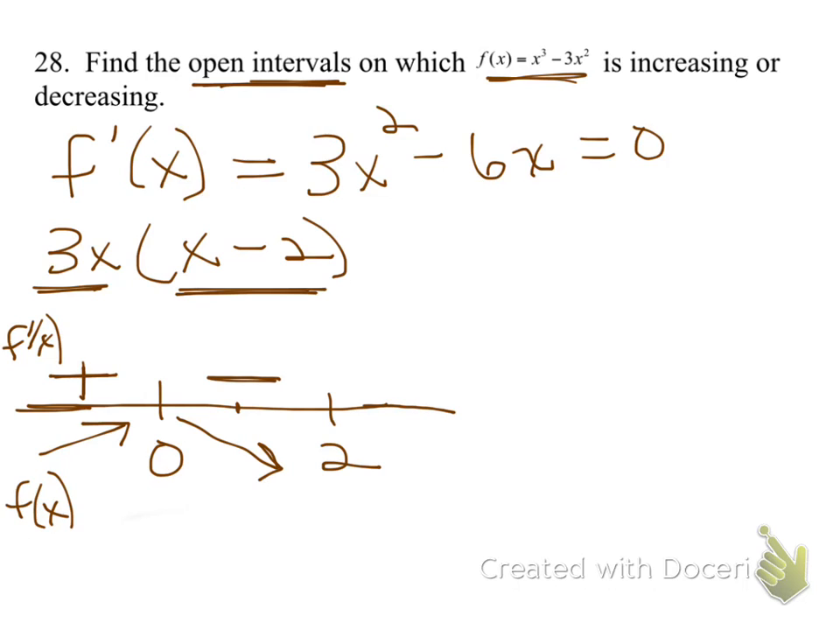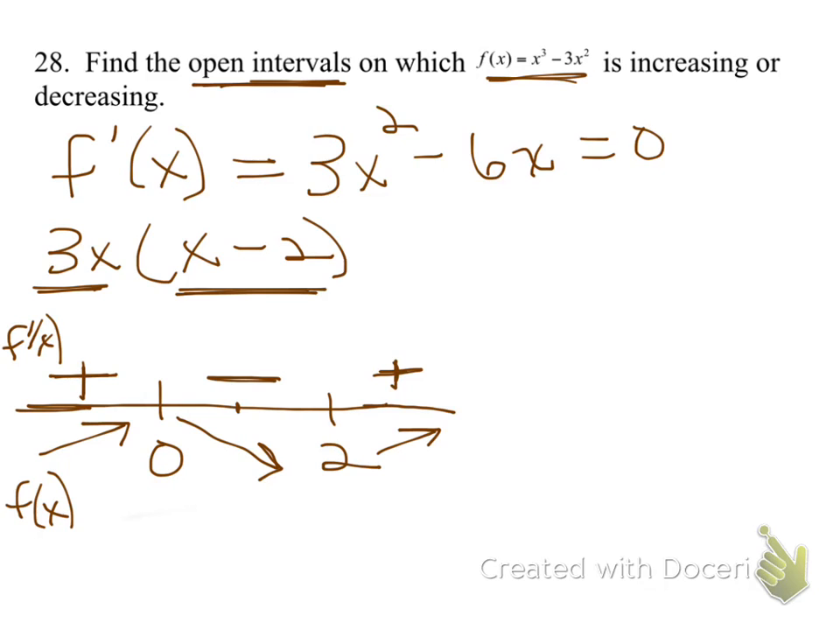Pick a number to the left of 2. So let's pick 3. Plugging 3 in gives me 9 times 3 minus 2, which is 1. That'll be a positive. Therefore, my function is upward sloping. So I need to figure out where my function is increasing or decreasing, so I can see from looking at